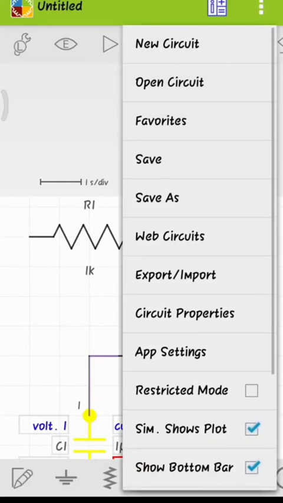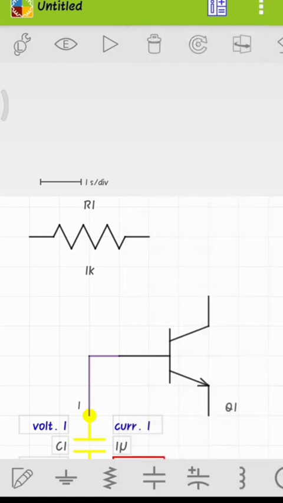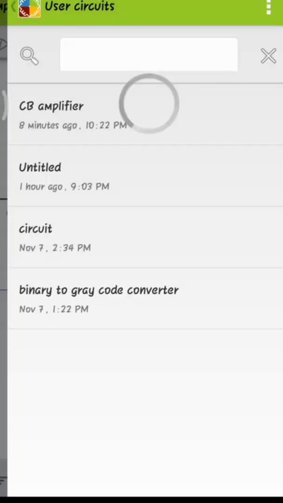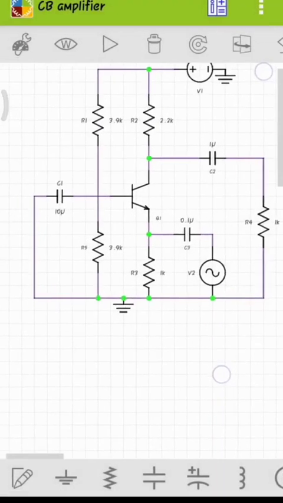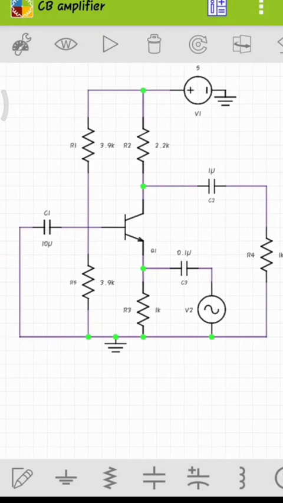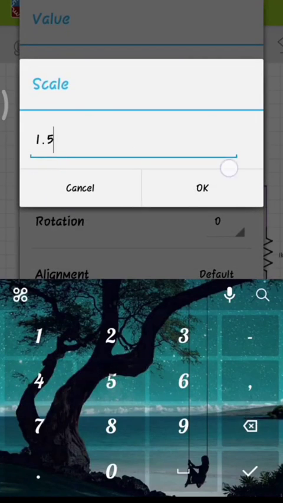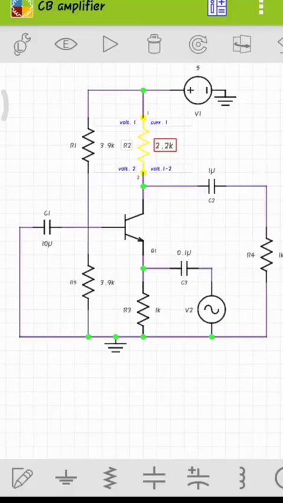Now we are going to see the common base amplifier circuit clearly. I have already made it. So this is the circuit for the common base amplifier. If you want to change the size of the values, then go to scale and change it. We can clearly see the changes.